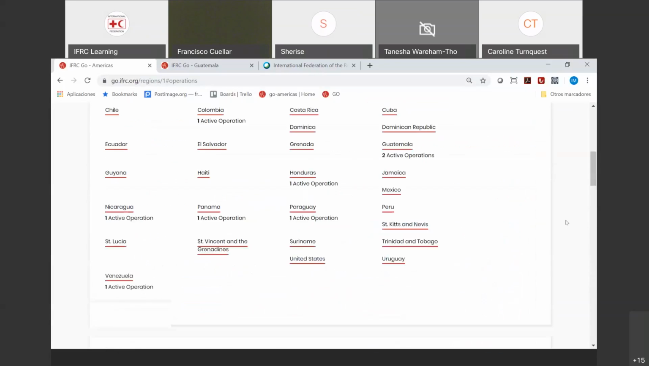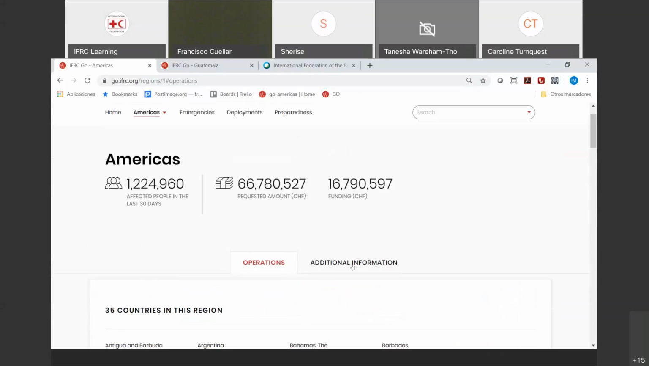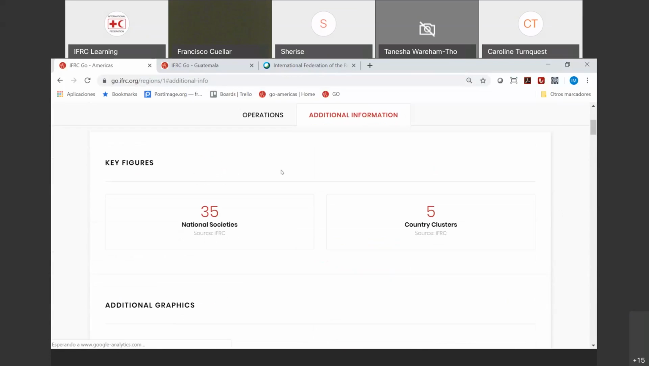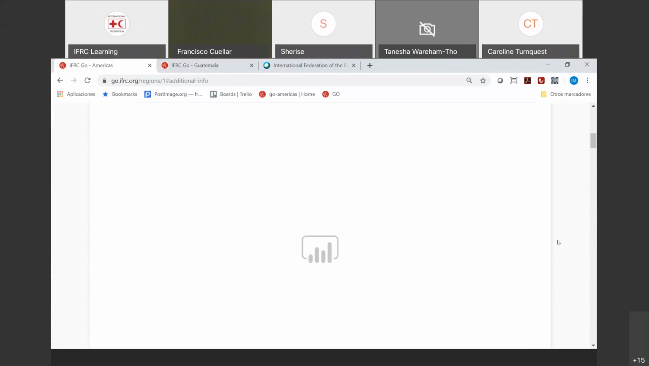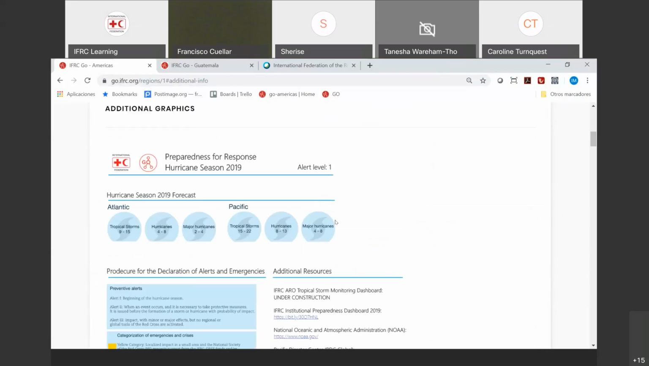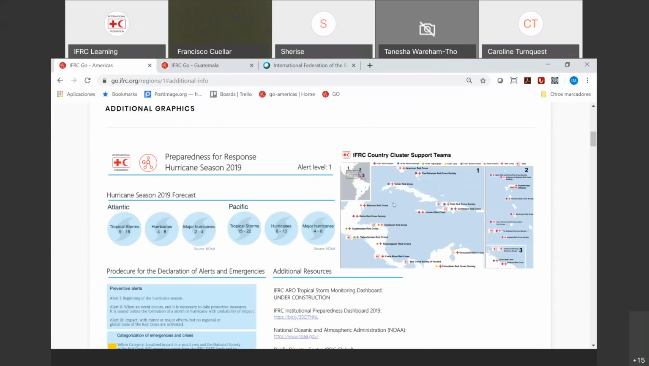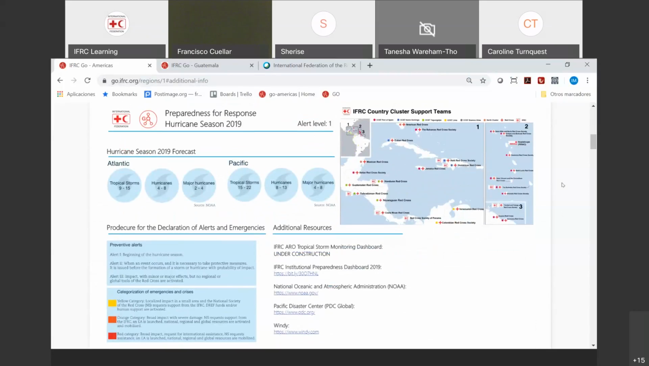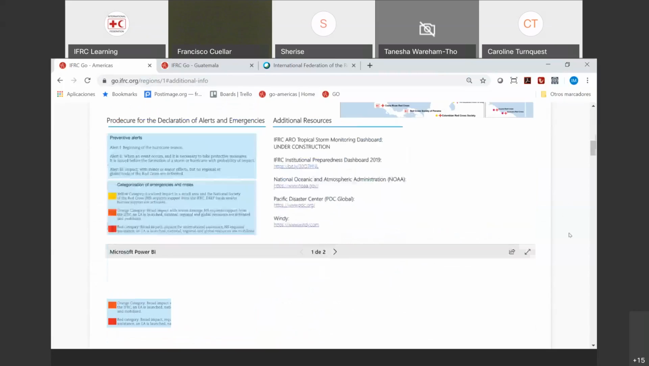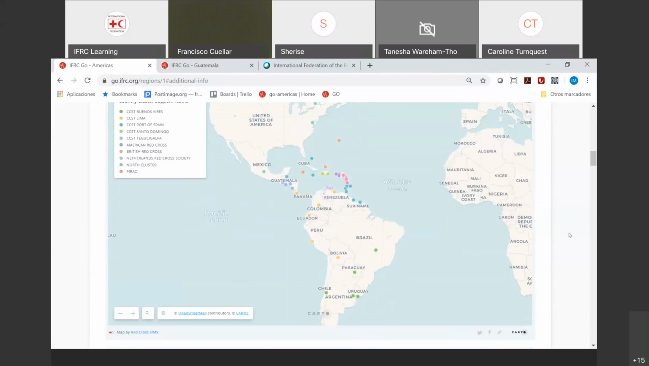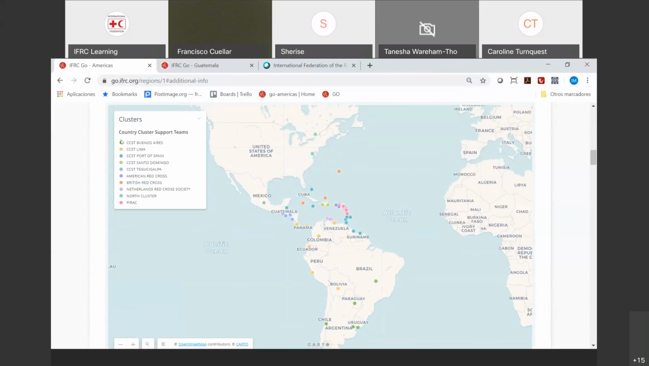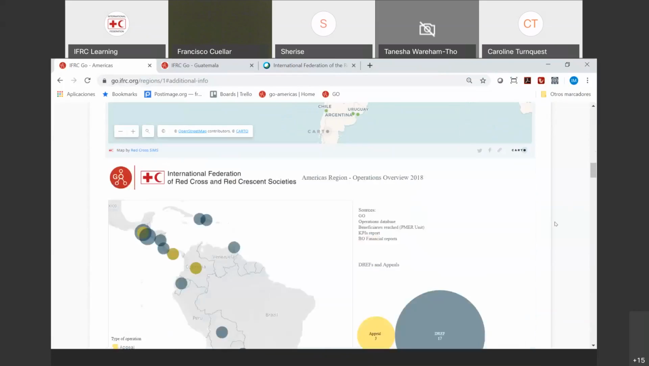And scrolling up, I'm going to share with you in this tab additional information. You will be able to see some additional graphics. For example, this is being managed by the operations team in the IFRC Americas. So we can have a look. We have prepared a landing page for all the products that will be developed for the hurricane season 2019. Here we are able to see a map of all the national societies and the country clusters that they belong to, and any other type of